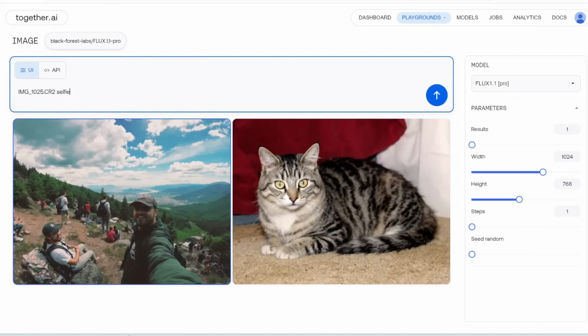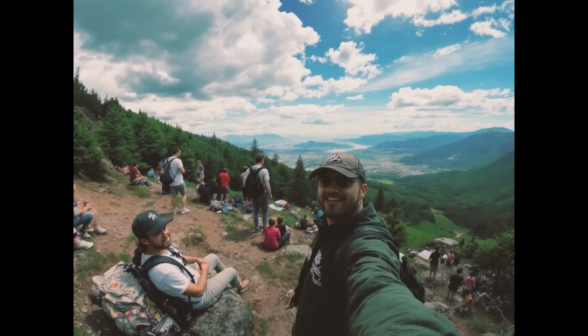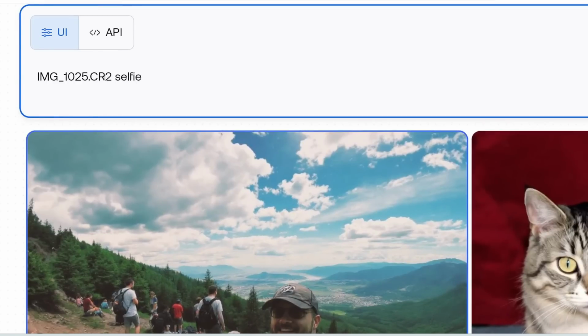And oh my gosh, look at that. Look at this photo. It's very grainy and low quality, and this does not look AI generated. This looks like a real selfie photo taken by someone with their phone. How crazy is that? Now, instead of CR2, you can also try HEIC, and then instead of 25, let's set